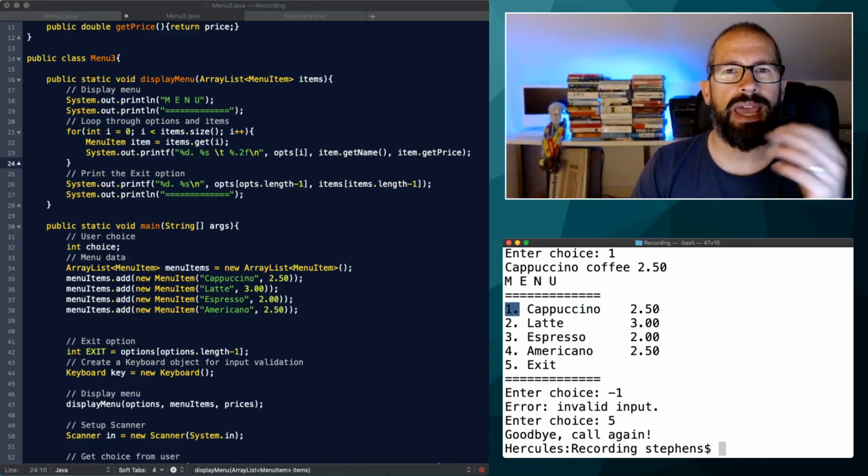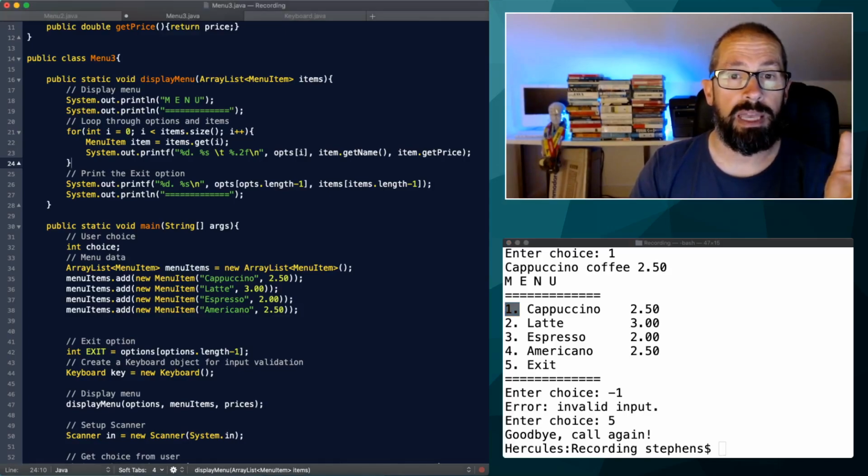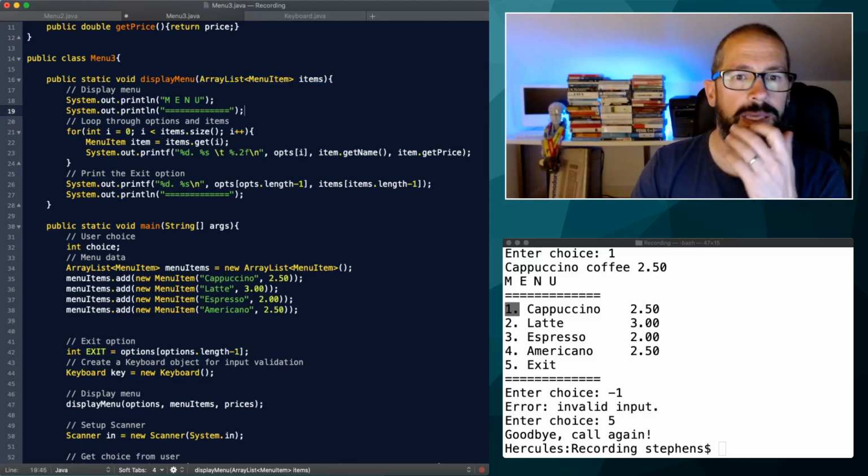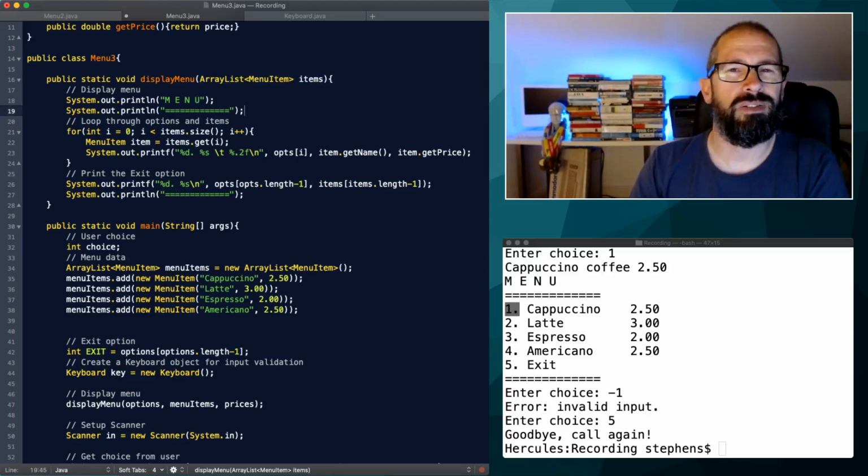Well, I had an array before with those numbers in it for the menu items. I've gotten rid of that now. The display menu just takes this array list as a parameter. But what I can do is, I don't need another array for those numbers, because if I have a look